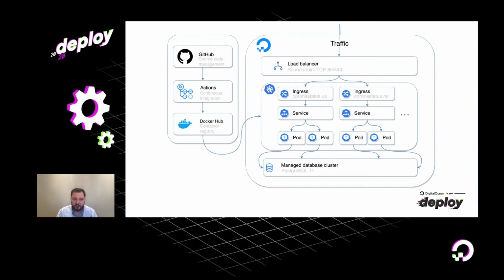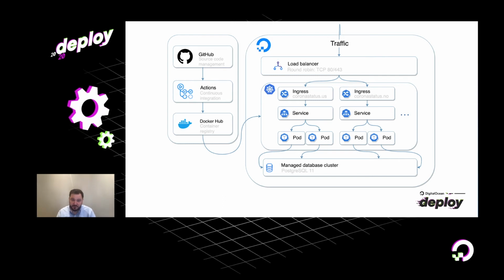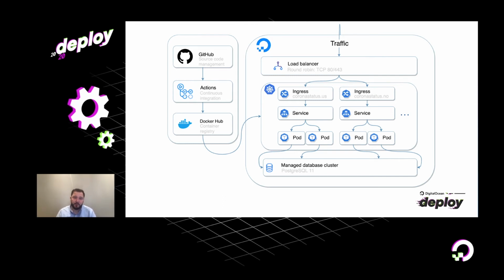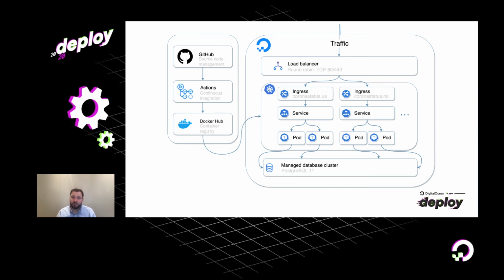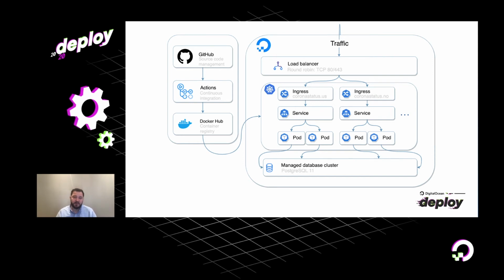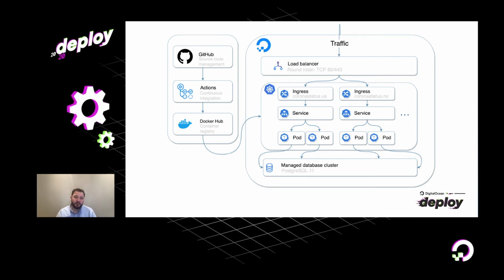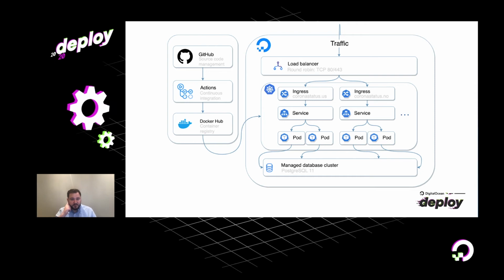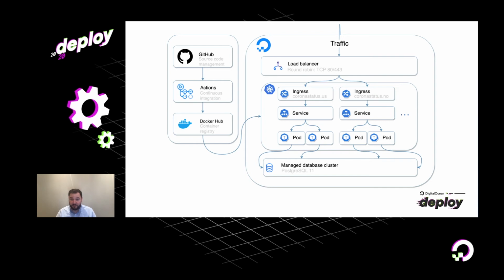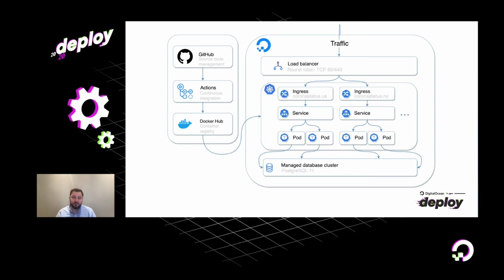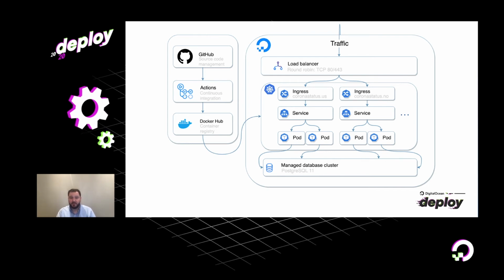So one important thing in this transition from Droplets to DigitalOcean's Kubernetes cluster was that we could no longer use SQLite as our database. The file system in Kubernetes is ephemeral, which is to say that it's not persistent. Whenever a pod dies, you lose whatever change you had done to the file system. So this is obviously not compatible with SQLite, which is a file system based database. So what we had to do was rewrite the application to use Postgres instead.